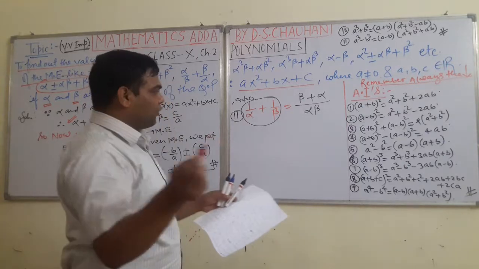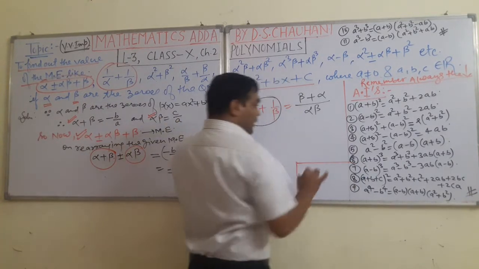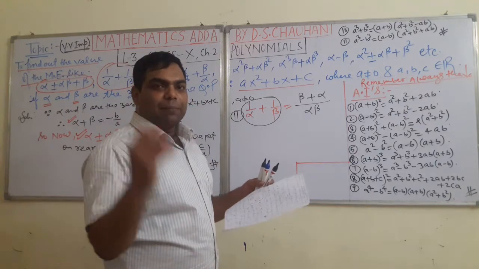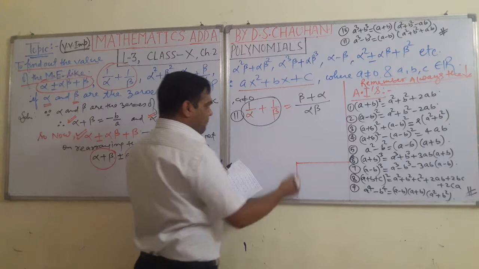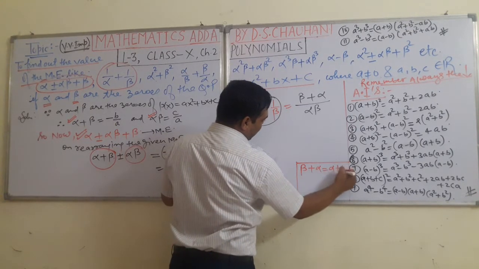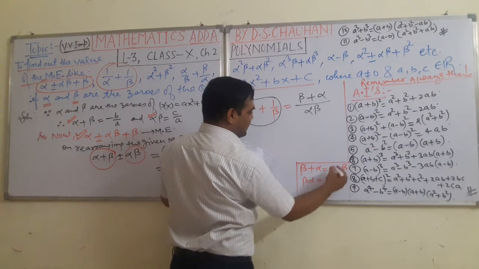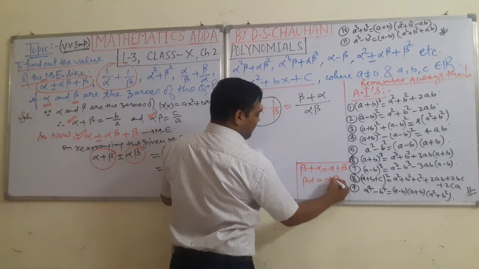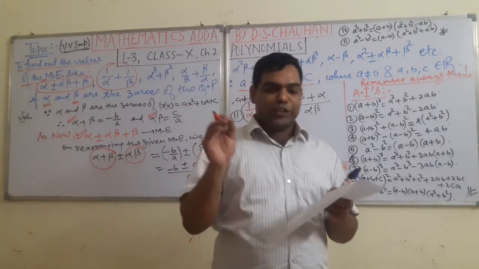One thing, students, for your information, I want to tell you that the sum and product of numbers follow the commutative property. What is the meaning of this? It means that beta plus alpha can be treated as alpha plus beta, and beta alpha can be treated as alpha beta, but division and subtraction do not follow the commutative property.